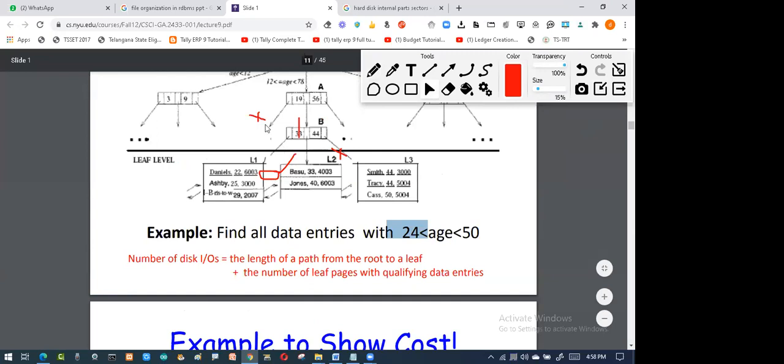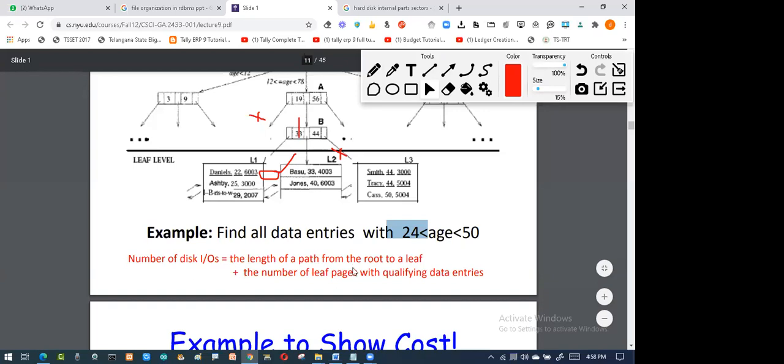So how many leaves you are moving. This is the leaf, we call this a leaf. Under this particular node, how many leaf pages you are searching. From 19 you are going over here, and under that how many leaves. This is one leaf, this is two leaf, this is three leaf, where you are searching for that particular data.